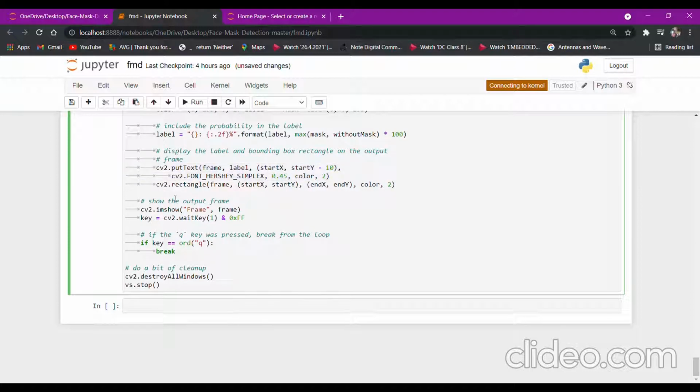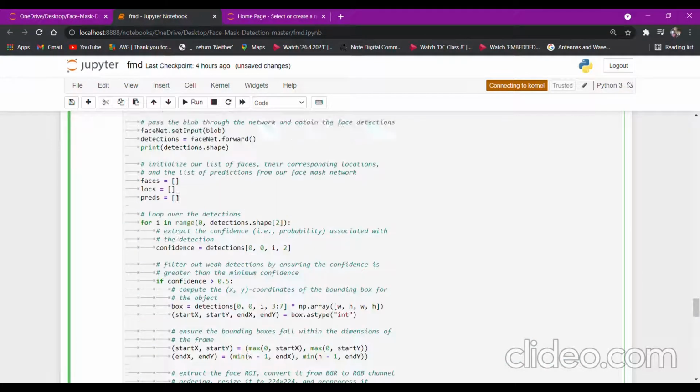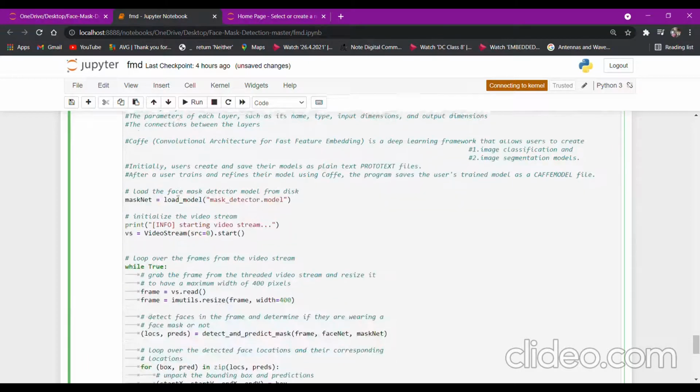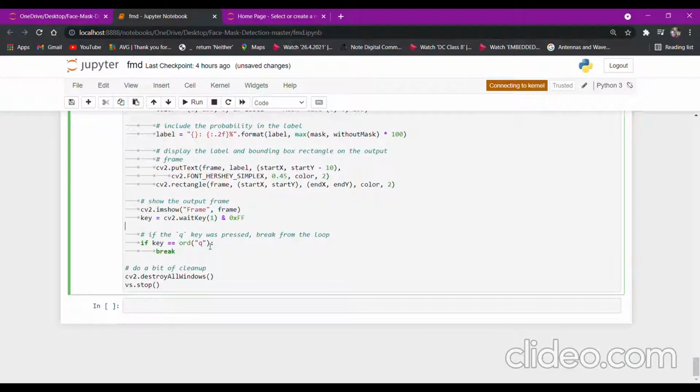Once these are done, we have to show the same, so we have used the imshow function to show the detection. This continues until the key Q is pressed, and once the key Q is pressed, the loop is broken out, and this stops the execution of the program with the stop function. That is, you are stopping the video stream.